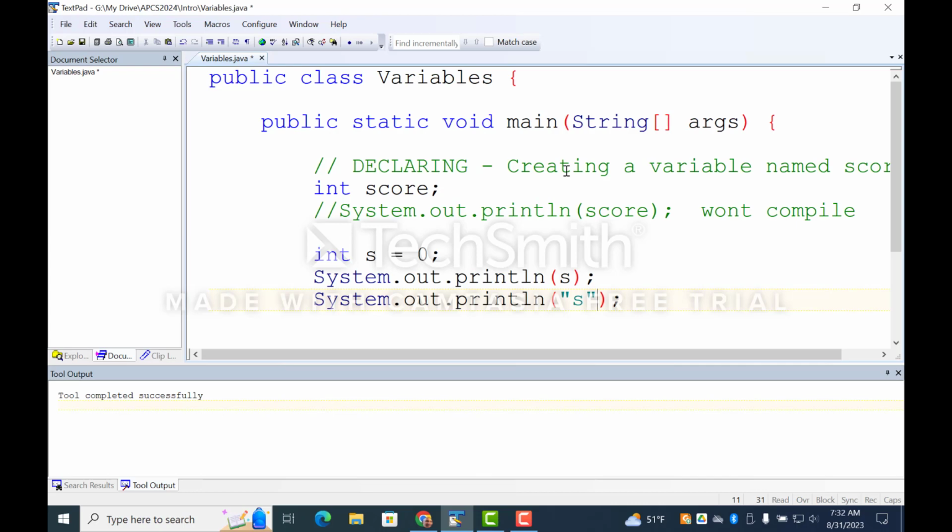The major difference: the first line prints the value, whatever's in the variable named S. The second one just prints S. So if you want to print text, you put the quotes around it. If you want to print the actual variable value itself, you don't put quotes around it. And watch this. You can actually combine them into one line. So if I wanted to do something like this,